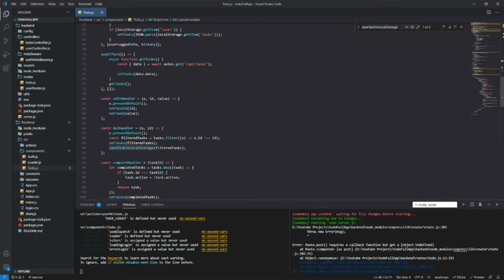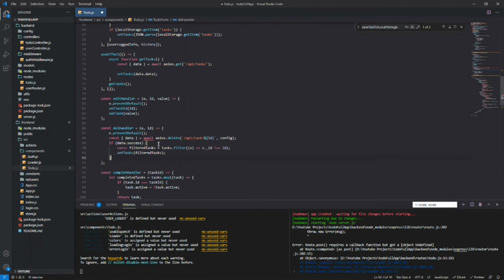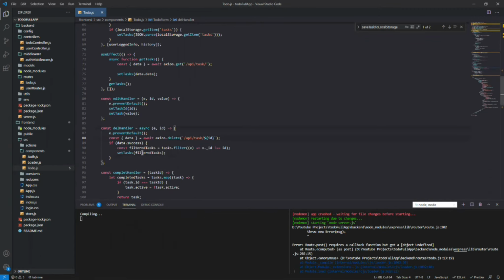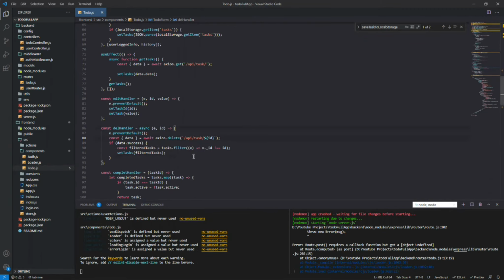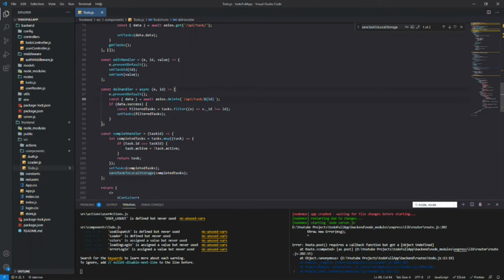So for delete, the same thing we need to do. Just delete the task, and if that data is a success, then filter the tasks. And for complete, we need to update the state active, to false or to true, right?